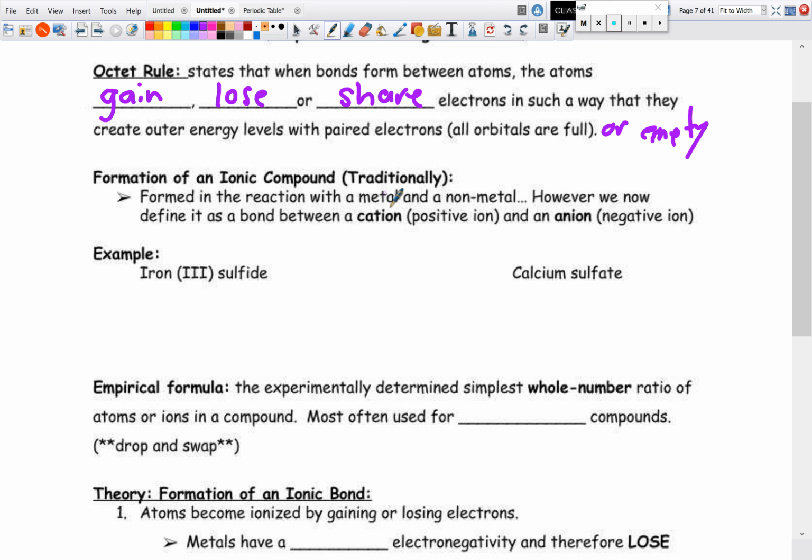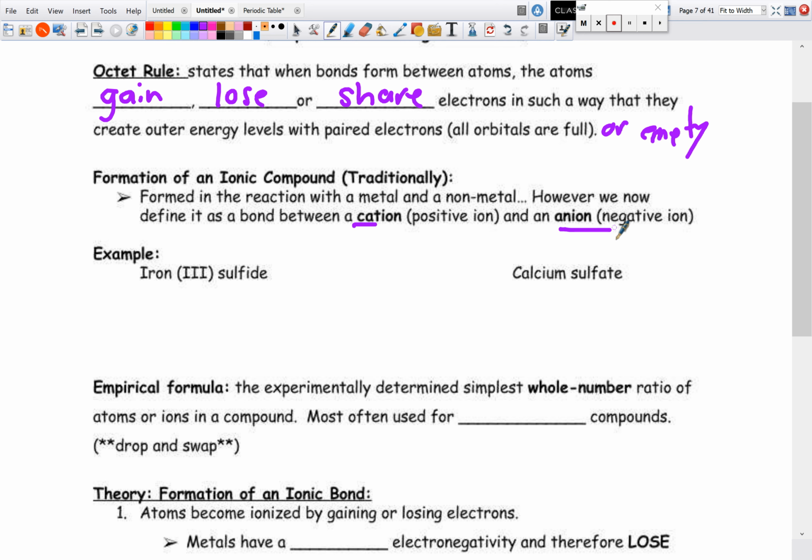it was a reaction between a metal and a nonmetal. However, we now define it as a bond between a cation and an anion. That's because, think about the polyatomics, and how a polyatomic technically isn't a nonmetal atom; it's a bunch of atoms. So we're going to use this idea that it's just a cation and an anion attracted by their positive and